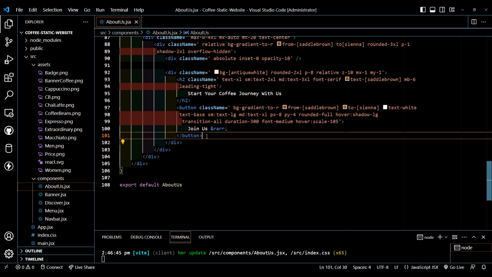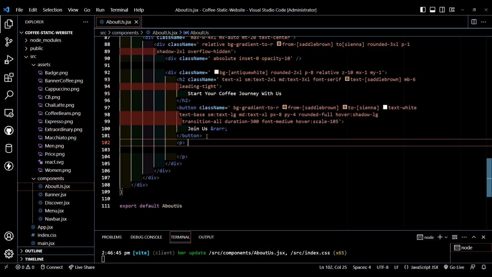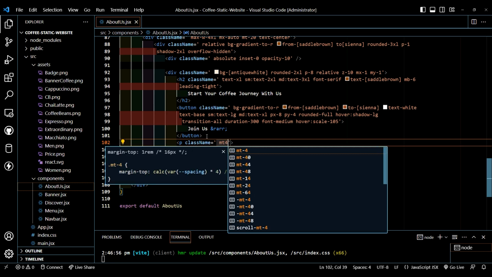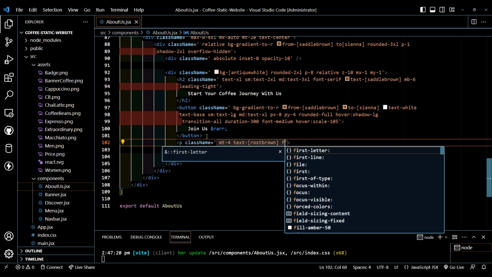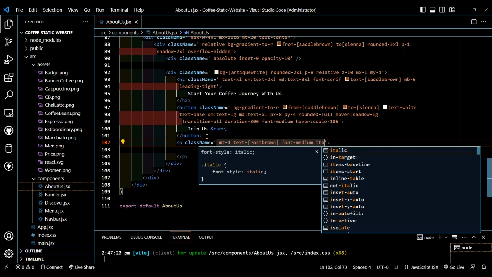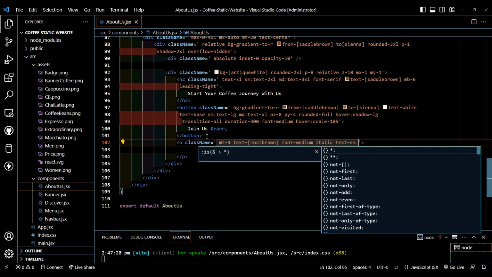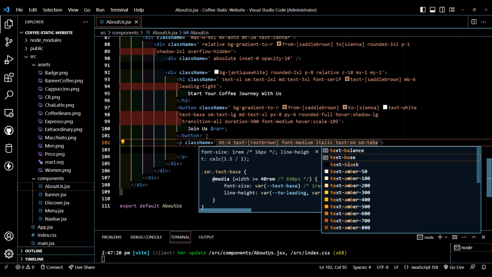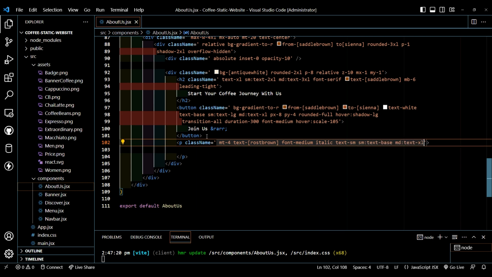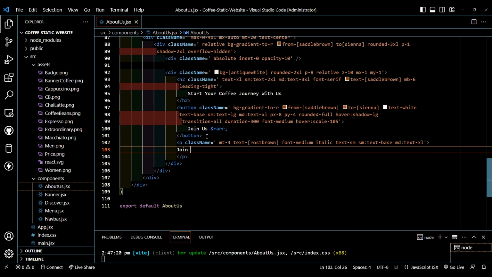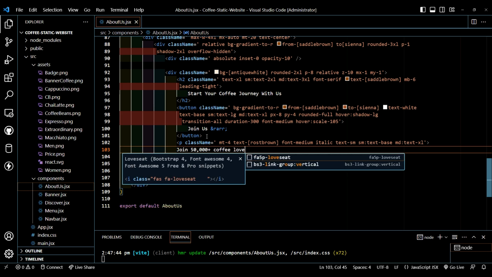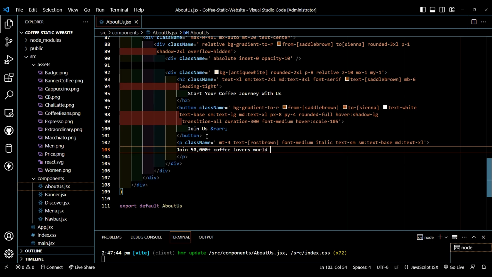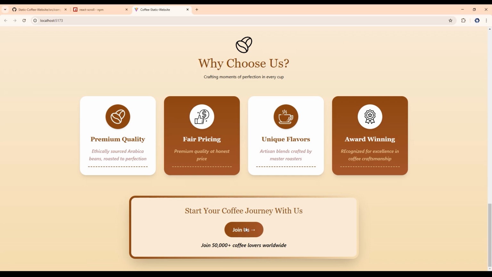Now after this, let's create a paragraph tag. Give class name, margin top will be 4. Text will be roast brown. Font will be medium. Italic. Text will be SM. For smaller, text will be base. For medium, it will be XL. Join 50,000 plus coffee lovers worldwide. Now as you can see,